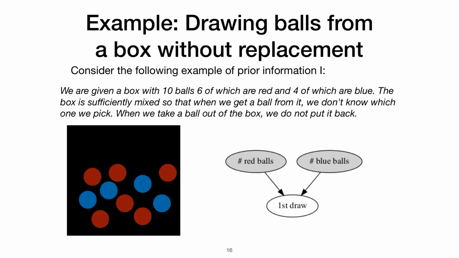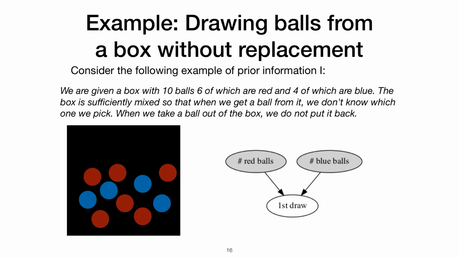Let's apply the obvious rule to a very simple example. This is a classic example of probability. It's essentially a box containing two kinds of balls. Here we have 4 blue balls and 6 red balls, and this information essentially constitutes I. What we're going to do is draw a single ball, and ask what is the probability that it is red or blue.